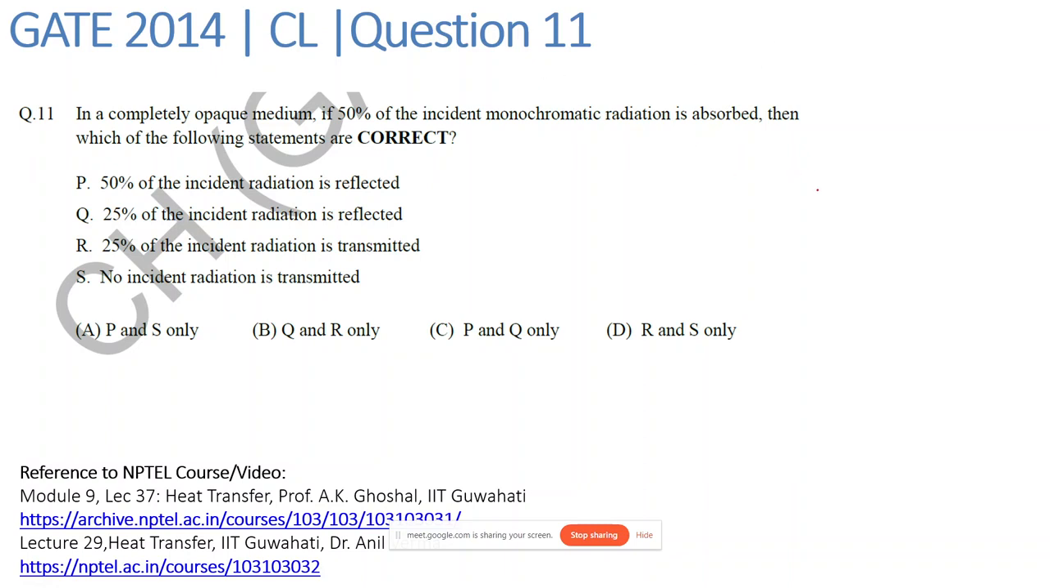So here we have been given that this is an opaque medium. So when we say opaque medium, that means if radiation is incident on this, none of this radiation will get transmitted. Okay, so since this is an opaque medium and no radiation will be transmitted by this,